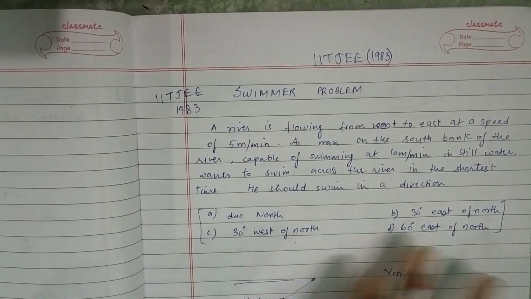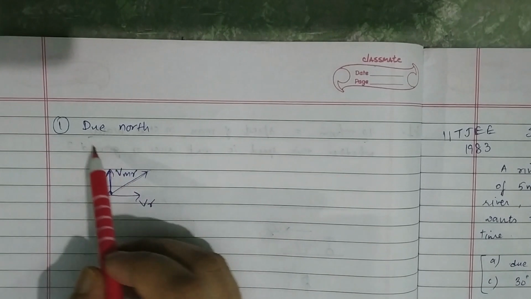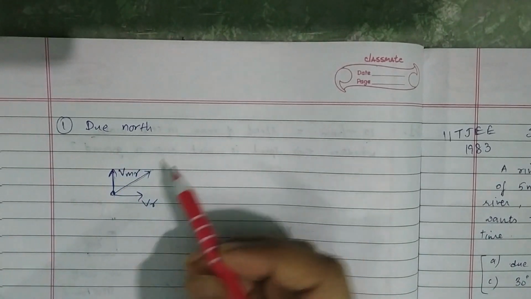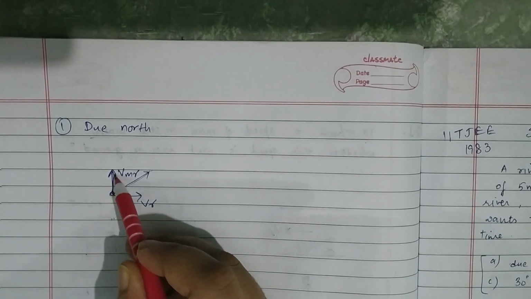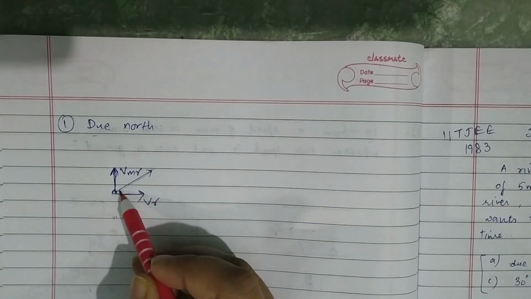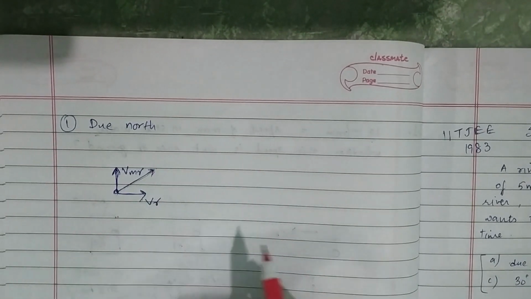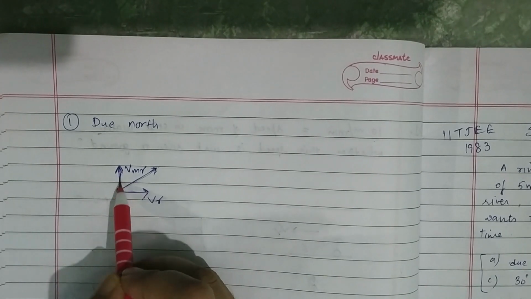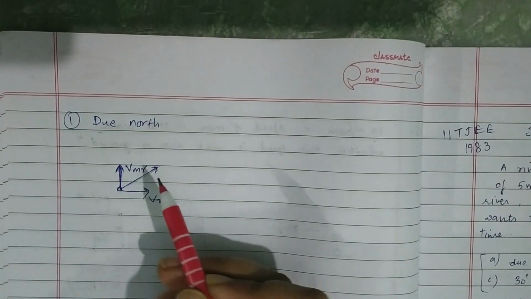So let's try to understand it. Let's try to explore each option one by one. According to our first option, it should go due north. What do you mean by that? That means the swimmer will try to go in north direction, but drifted by the river, and it will eventually drift rightwards. We can't say that this is the worst option, because the man is putting all his energy in going forward. So this might work.